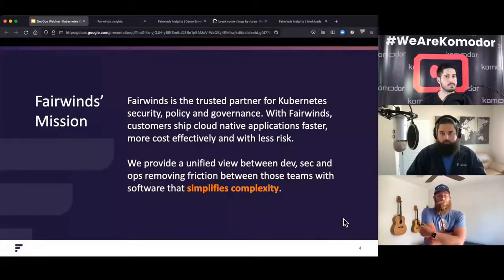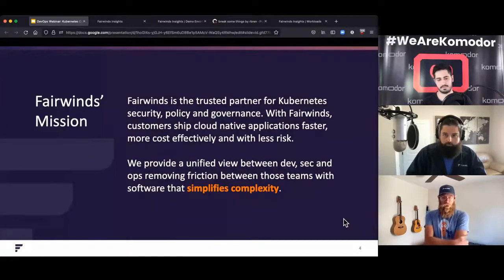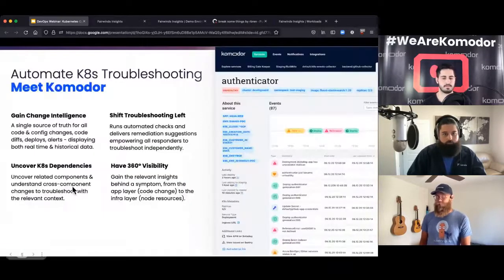There are a lot of things in Kubernetes that are complicated and hard to get right because it still feels like a new paradigm for most people. And Fairwinds exists to build software to make that easy for you. So if you're using Kubernetes, I can almost guarantee we have some kind of open source that's relevant for you on the resource side or security or just correct configuration. Having confidence that what you're doing is correct. So that's who Fairwinds is, trying to simplify that complexity. And I'll turn it over to you, Nir, to talk about Komodor. Yeah, so I will introduce Komodor very, very shortly.